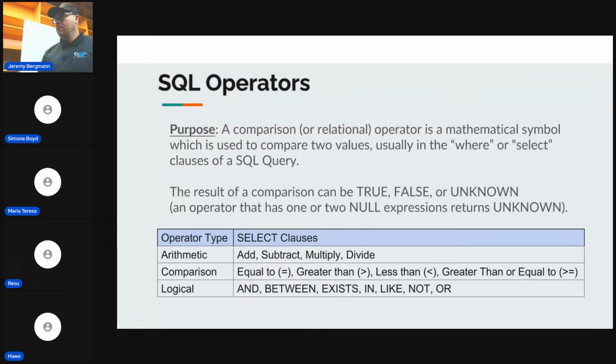Because it is a table, which is like Excel. You can do comparisons. So we talked about equal, greater than, less than, greater than or equal to. Comparison of two field values, or even maybe a value versus a field. So you could get all countries where the life expectancy is greater than 60 years old. And then you have the logical: and, between, exists,